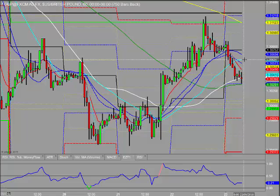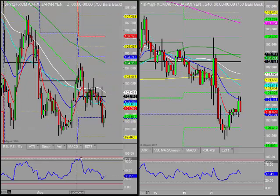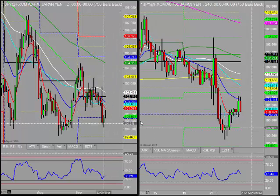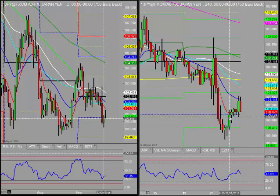Okay, so moving on to the dollar yen, and some profit taking yesterday. We saw the sell off, and in the end, it didn't really continue in trend. I must admit, I did get short on it at one point, and it stopped me out. It just carried on pushing,